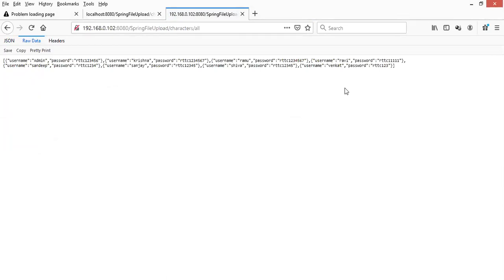So today what I'll do, I will get this data into my Android application by writing a program in Android on the client side. So that is my aim. Now I will slightly modify this data. Instead of showing username and password, what I'll do is, now I will share the